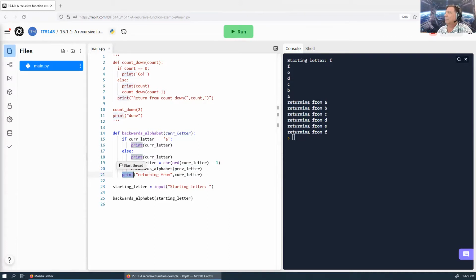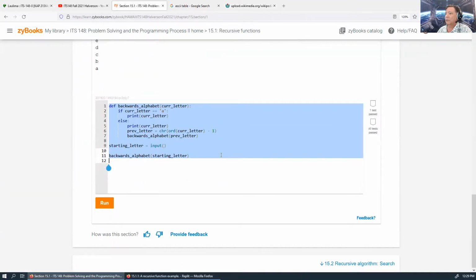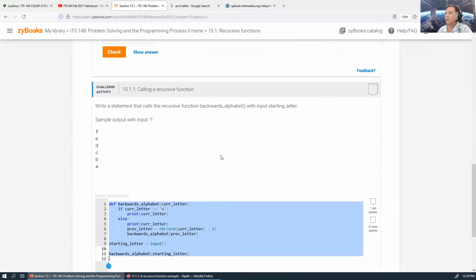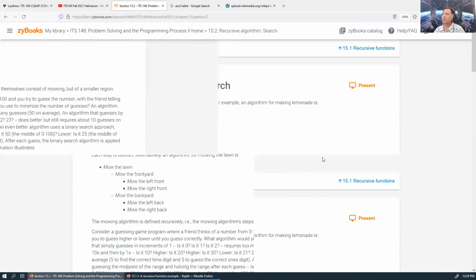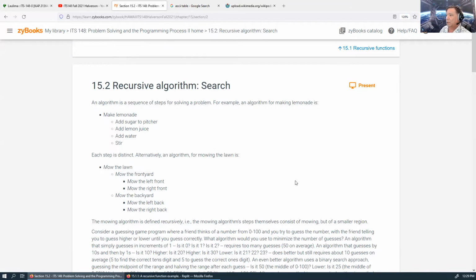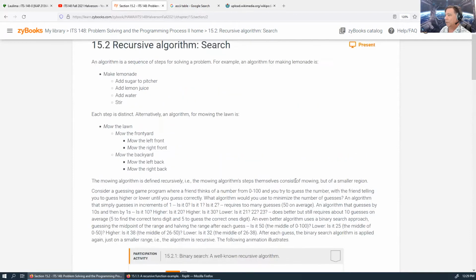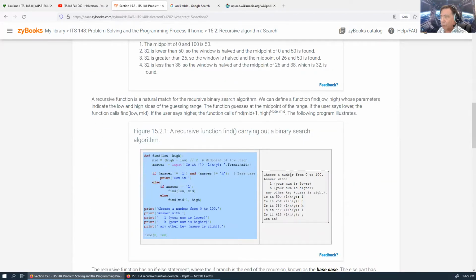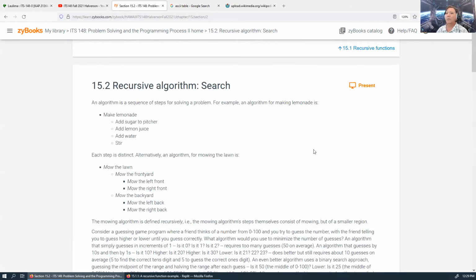All right. So that's that. That's probably what the challenge activity looks like. Okay, recursive case searching. So this is the binary search program, and we're in section 15.2. I think I'm going to stop here, and next time I'll start up right here at 15.2 on the recursive